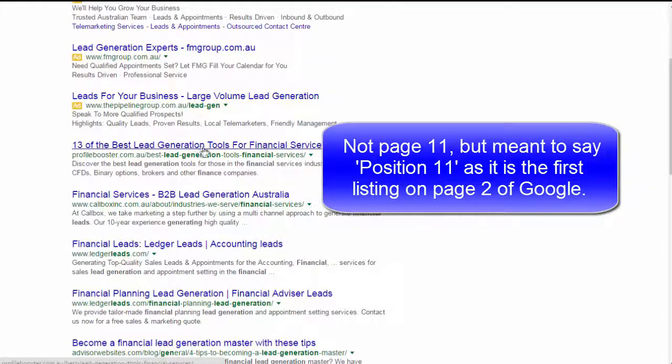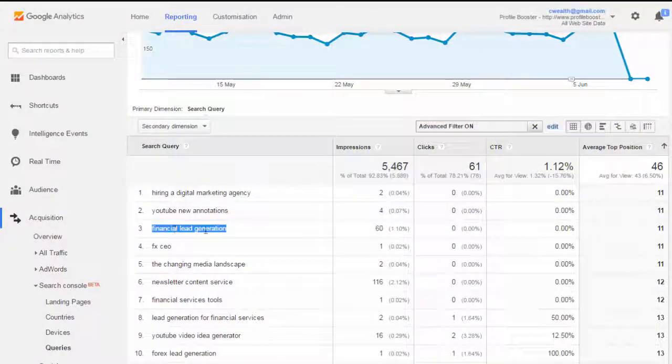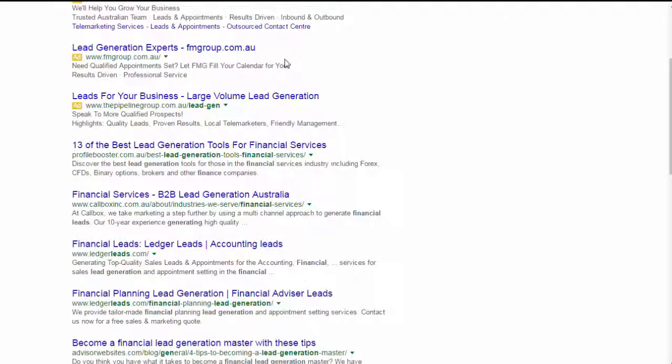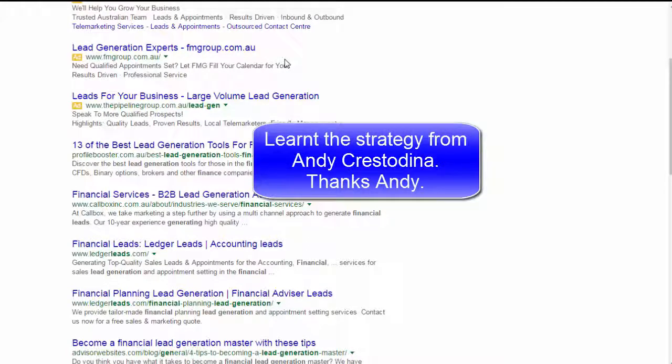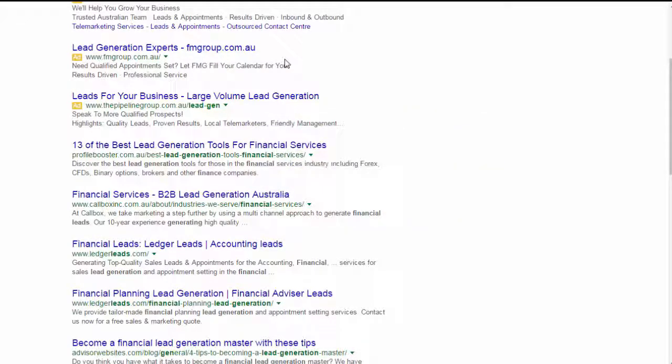So, 13 of the best lead generation tools for financial services. Now, this particular key phrase is financial lead generation. So what I could do, and this is a technique that I learned from one of the guys online, and I'll put the link to that gentleman's video. So he originally did it, but it's got the old way to actually find the search engine optimization queries